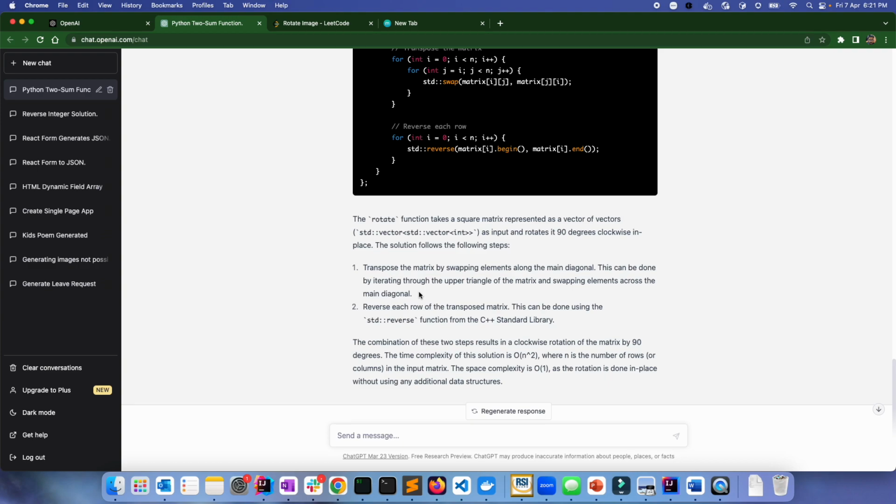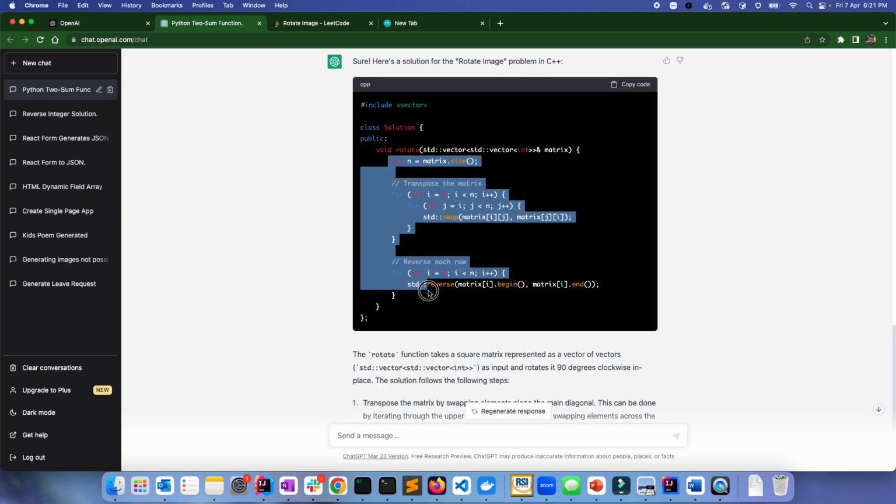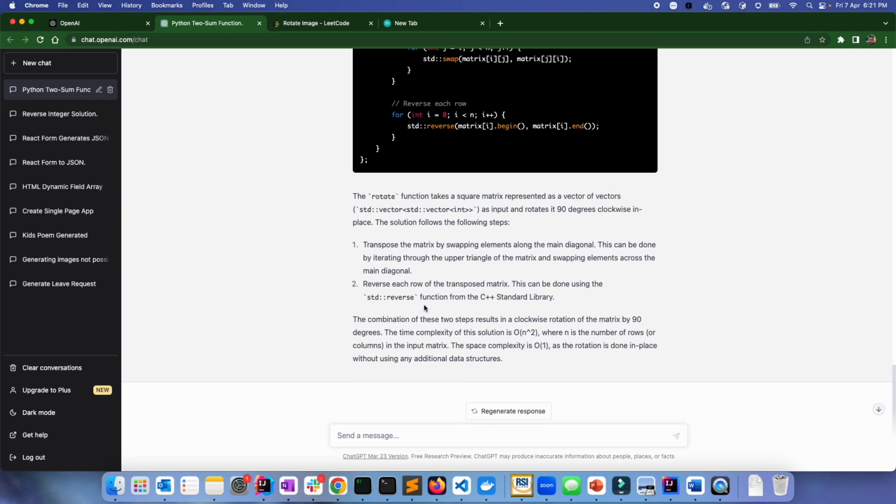It feels like I'm taking someone's interview, and he has written proper code, as well as given me an explanation of the steps he has taken.